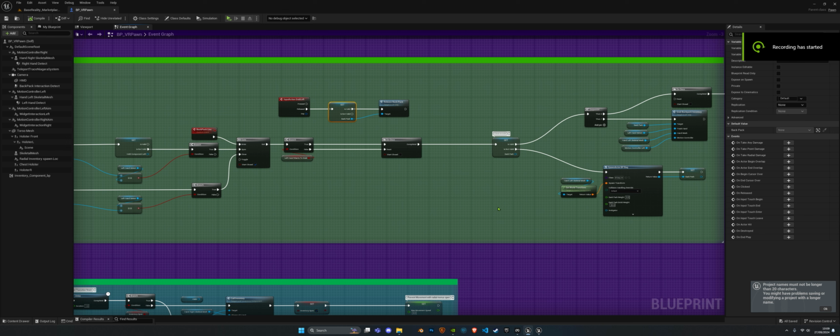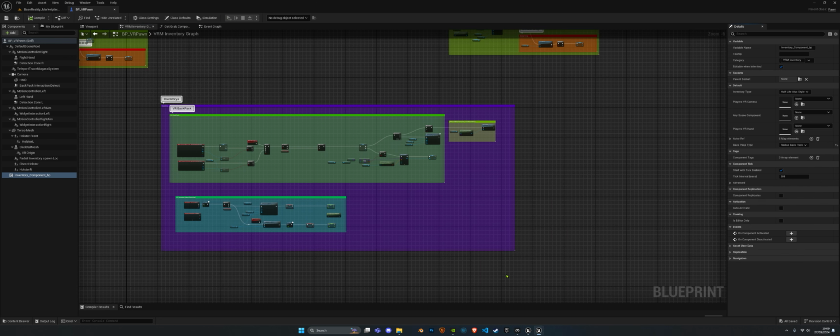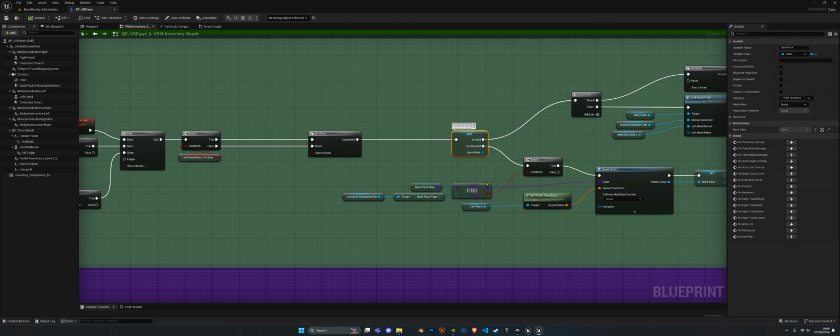So the next improvement I made was to the backpack actor reference in the VR pawn. So the backpack actor reference in the VR pawn in the previous project was actually hard coded to only reference the backpack actor that you were pulling from your shoulder in the previous project. So I thought that was a little inflexible and limiting without at least making some changes to the code, and in the new version I made that backpack actor reference just a normal generic actor, but instead what I did